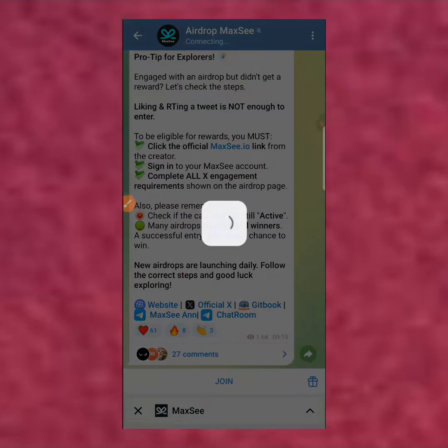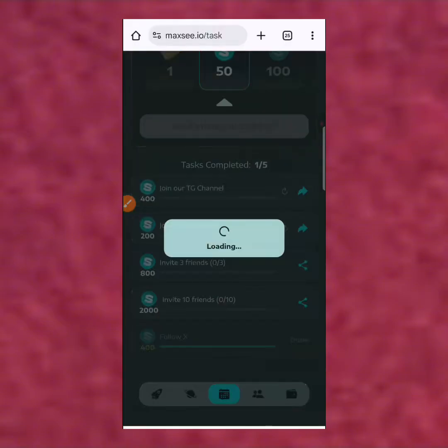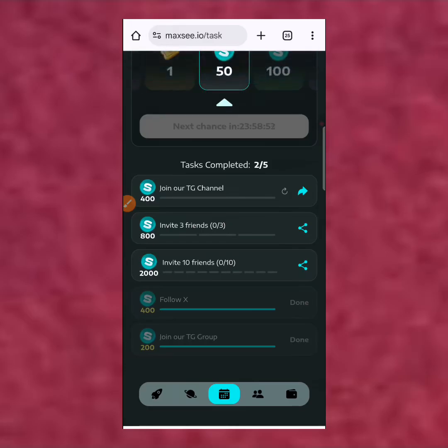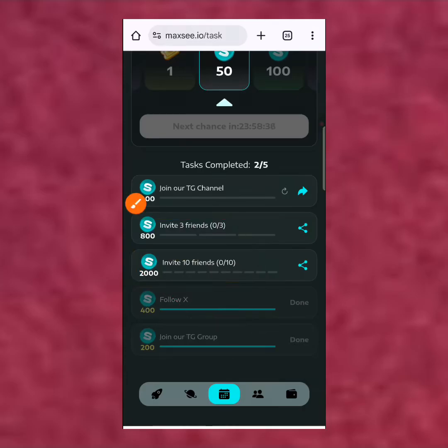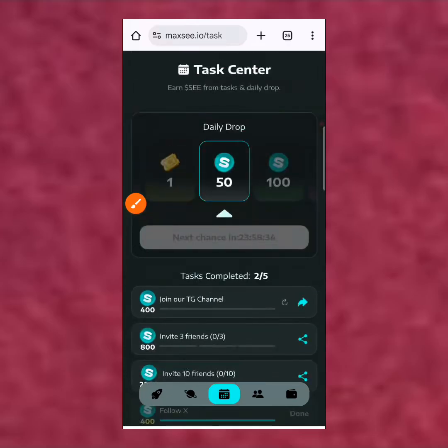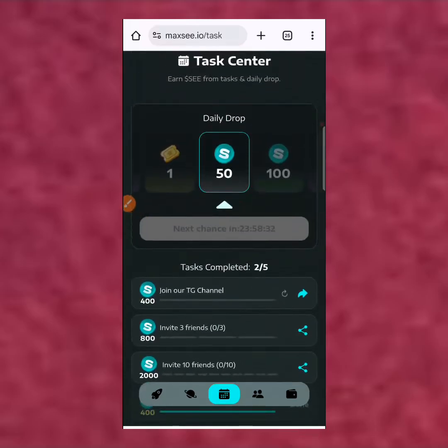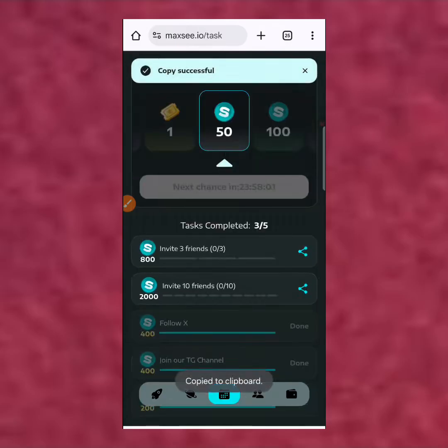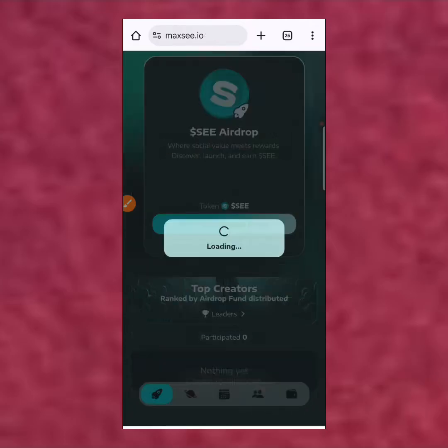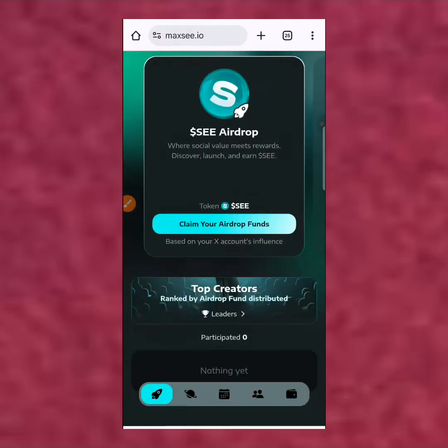So let's click on that and go ahead to join their Telegram group. Back here, click on reload. Okay, it has been successful. Invite your friends to get 800 Maxsee points. Invite your friends to get 2000 Maxsee points. So this is another way of increasing the amount you are having. You have to be coming here every day to perform the daily tasks. I'll click on share to copy my link and start inviting my friends to increase the amount of C